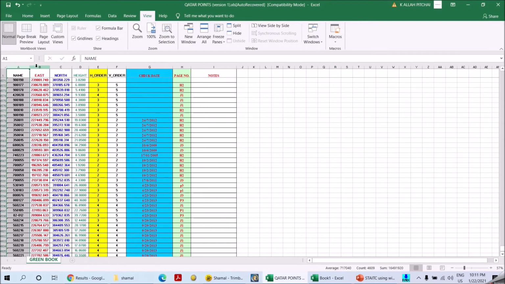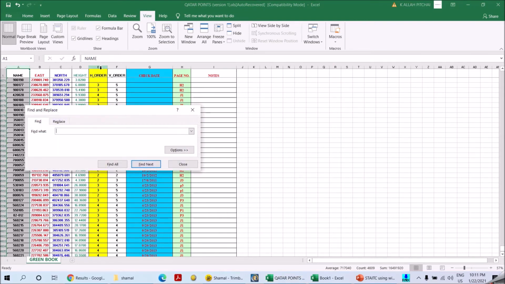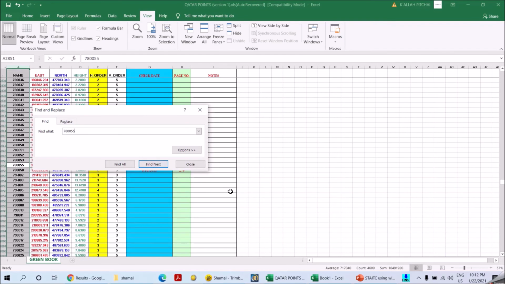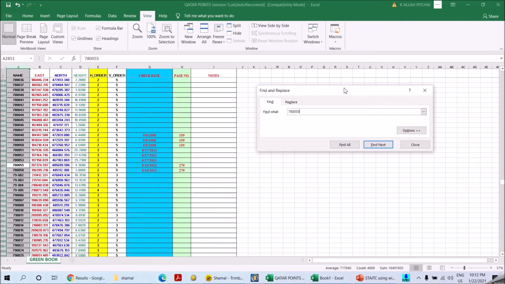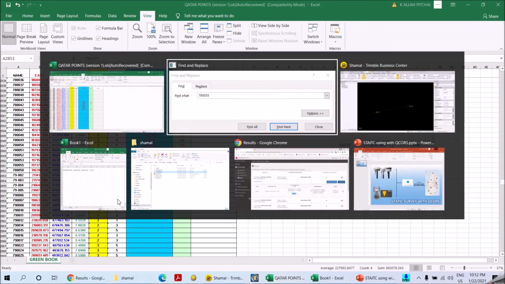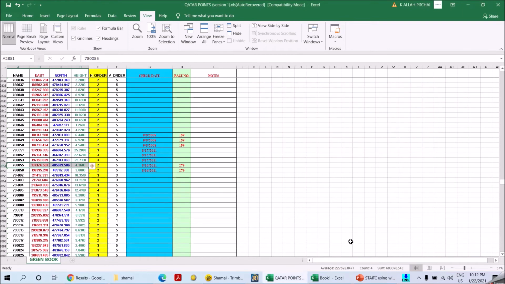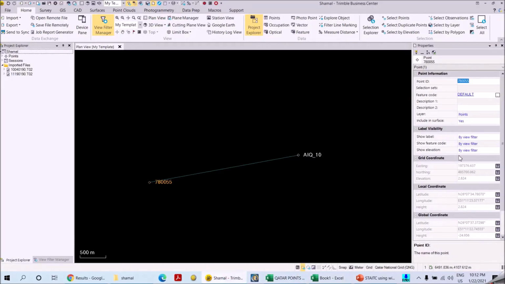So this is my control point value, and I am going to enter this value to my point here.